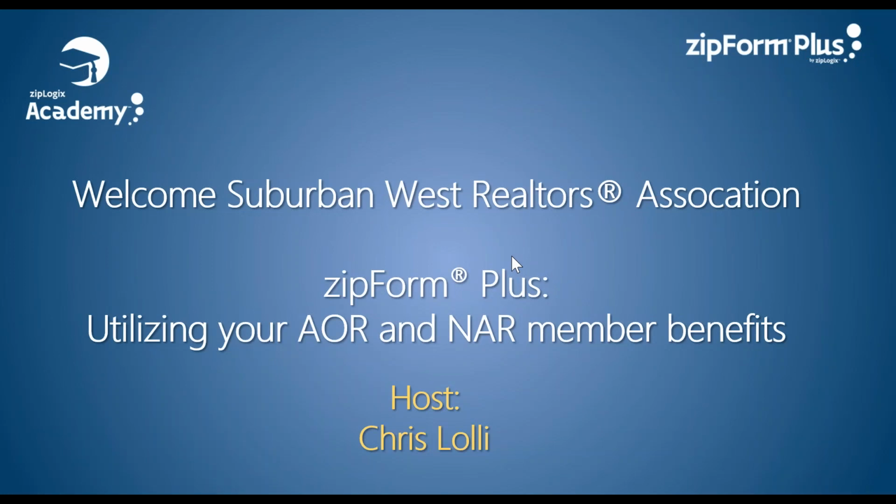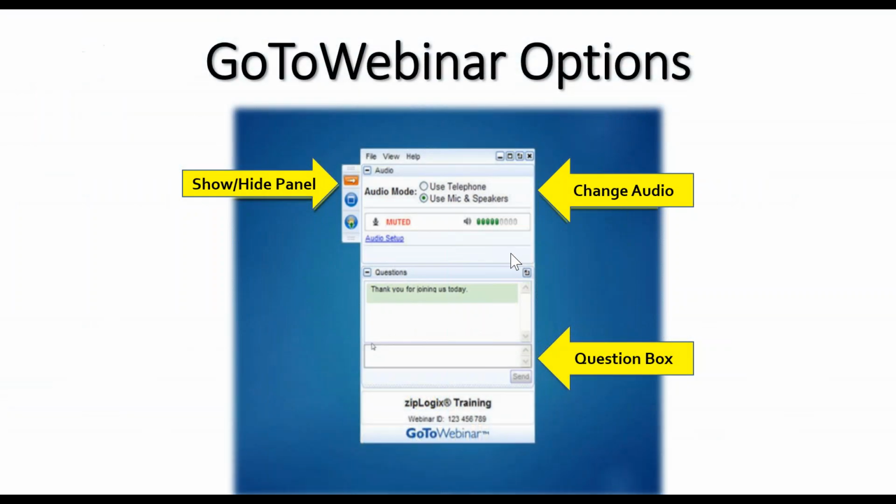So let's get into the GoToWebinar options. I just want to briefly mention that, and also give another moment for everyone to get themselves in and ready to go. We have the Show Hide panel in the upper left-hand corner. That's the orange arrow icon. It allows you to collapse or expand the panel at your ease. Sometimes if you collapse it, you can view more of the right screen. You can always expand it back out, primarily to use the question or chat features below, which is where you're going to be able to interact with me directly today.